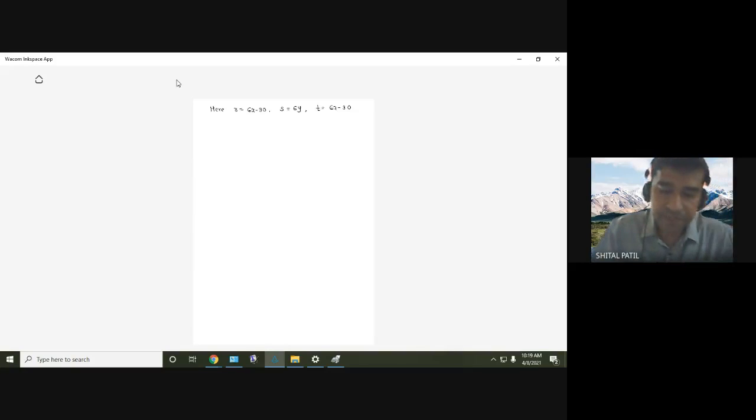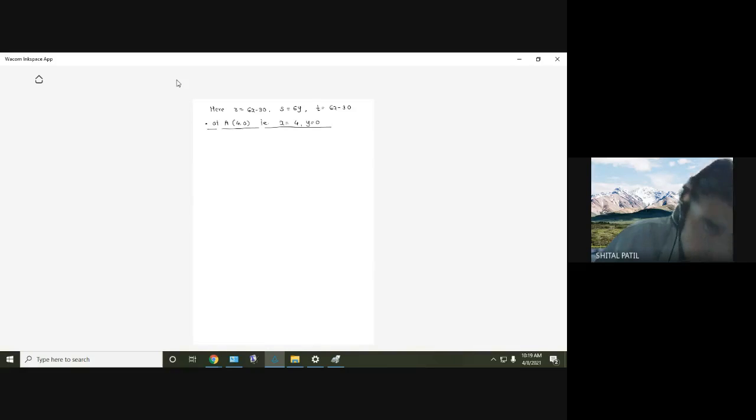So R and T, they are same. At what is the first stationary point? 40. R equal to